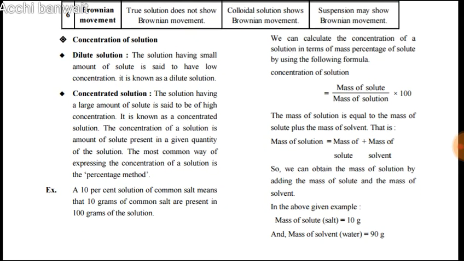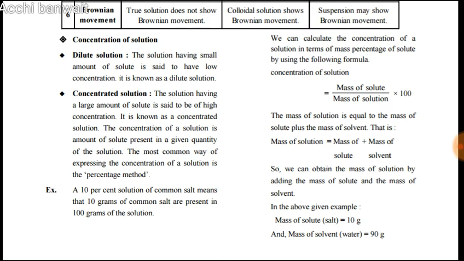We can calculate the concentration of a solution in terms of mass percentage of solute by using the following formula: concentration of solution equals mass of solute upon mass of solution into 100. The mass of solution is equal to the mass of the solute plus the mass of solvent,